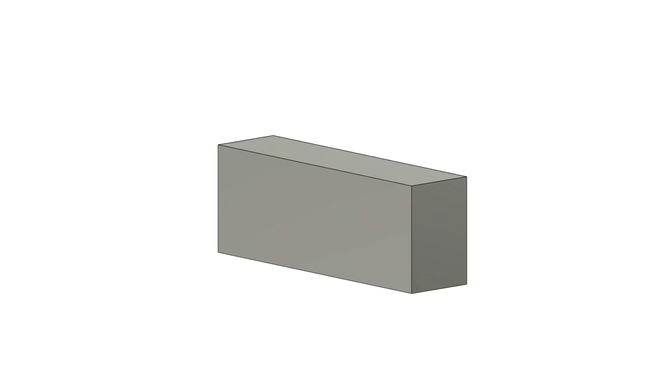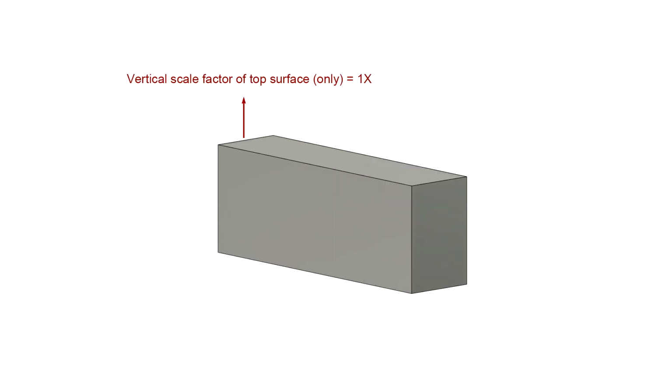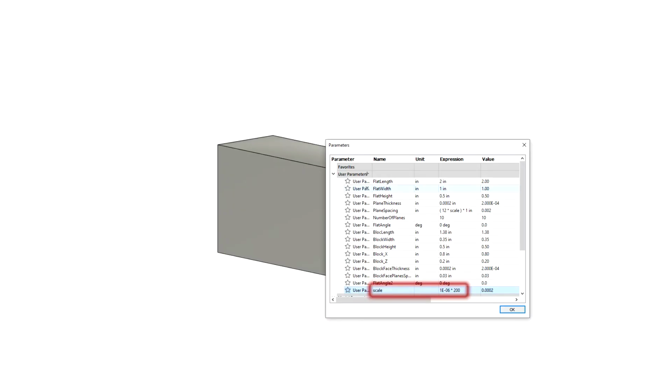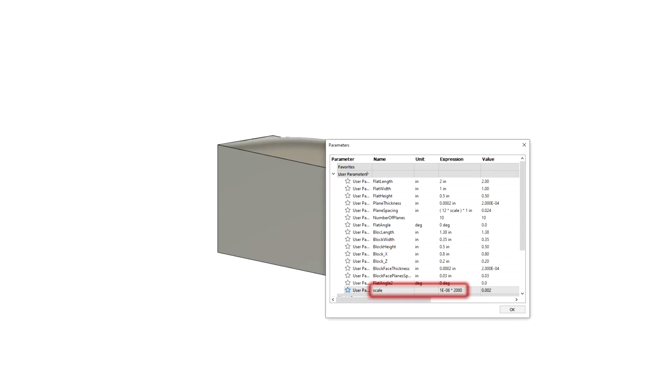So let's play a trick. The CAD model includes a parametric scale factor that affects only the vertical dimension of only the block's top surface. The block's width, length, and height below the surface aren't affected. Currently, the scale factor is 1. Increasing the scale factor to 200 doesn't help much, but a scale factor of 2000 starts looking useful, so let's